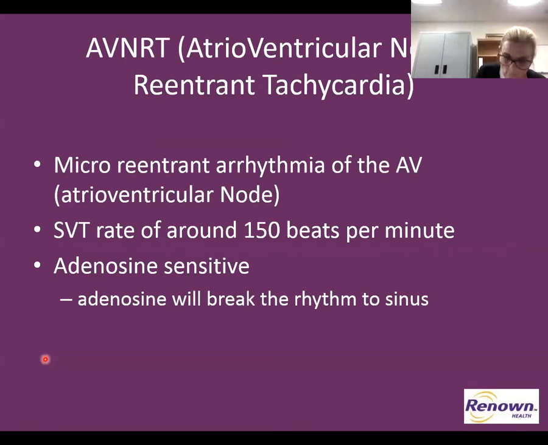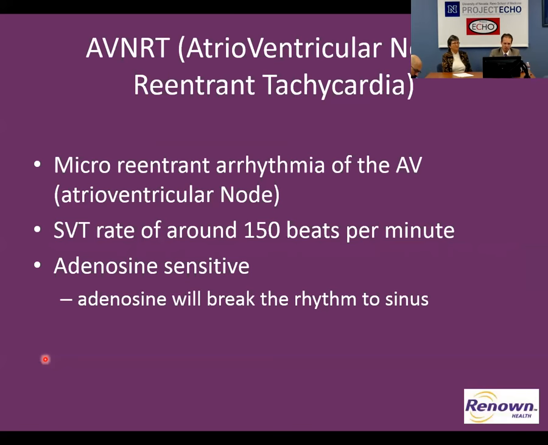The other thing you should know about adenosine is that it's a coronary vasodilator. So if people have obstructive coronary disease, it's more risky to give. In a patient with a lot of risk factors, you should be cautious. The risk would be a coronary steal phenomenon. Let's say you have a big left main lesion, and you increase the flow down the right coronary artery, then you steal the little bit of flow away from that left main, and then they decompensate,